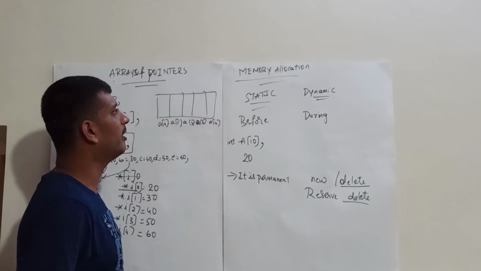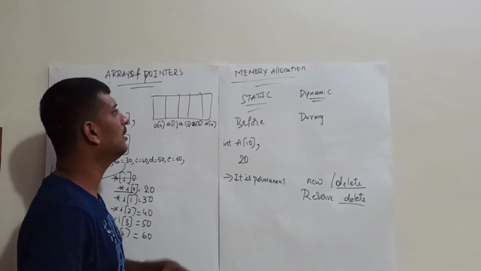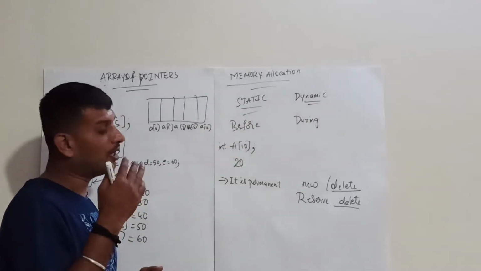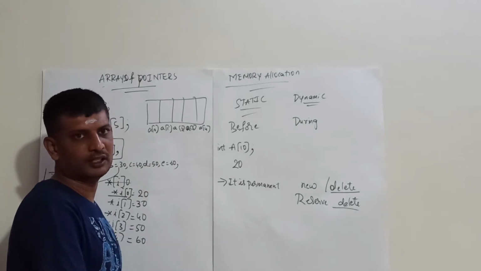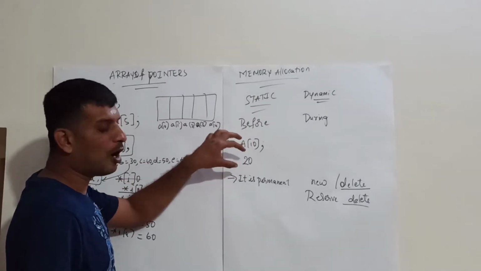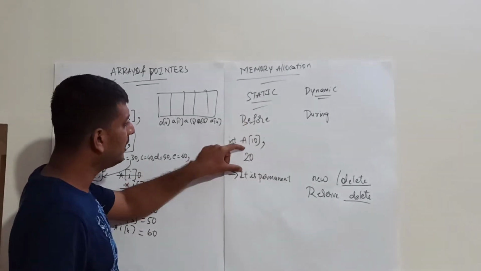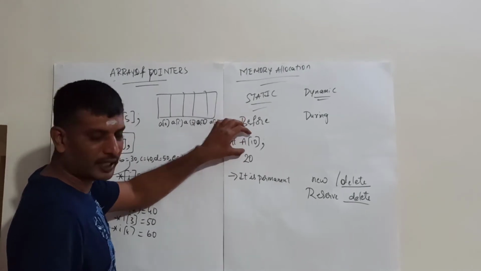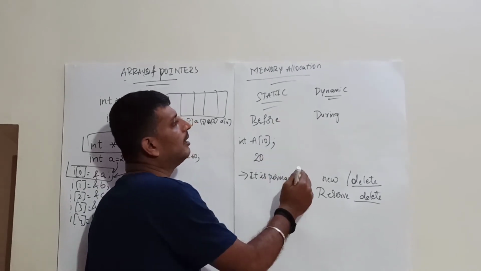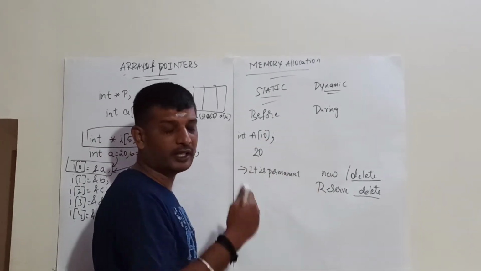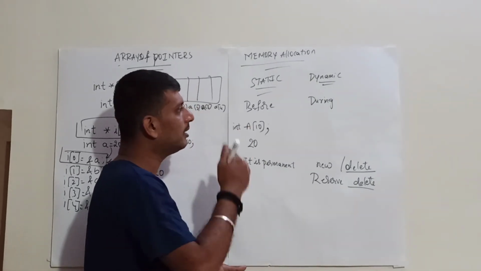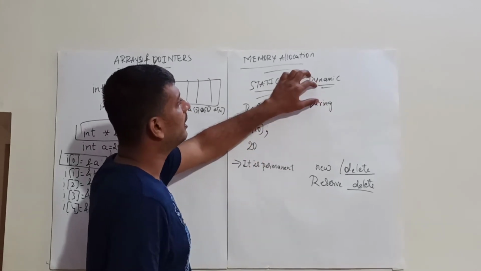So there are two different kinds of memory allocation. One is called static and another is called dynamic. In the static memory allocation, you are allocating the memory before the execution of the program. That is, while writing the program itself, you are deciding how much memory is required. Only that much memory is allocated or reserved. Whereas in the dynamic memory allocation, you will be allocating the memory during the execution. That is, depending upon the requirement, you can either increase or decrease the allocation in the dynamic memory allocation.